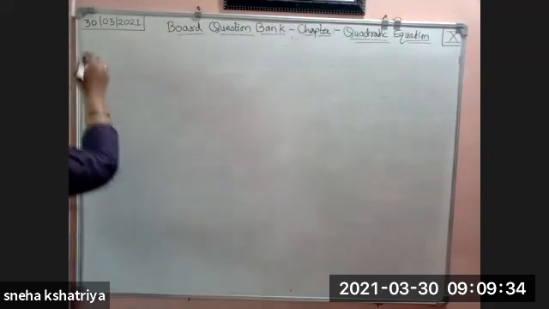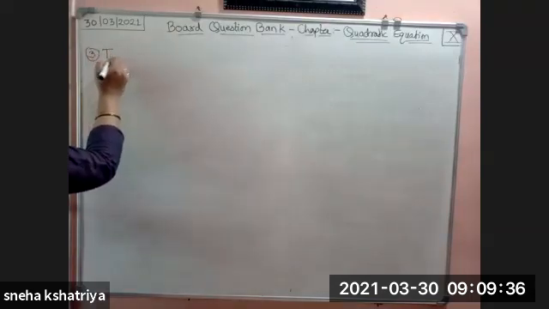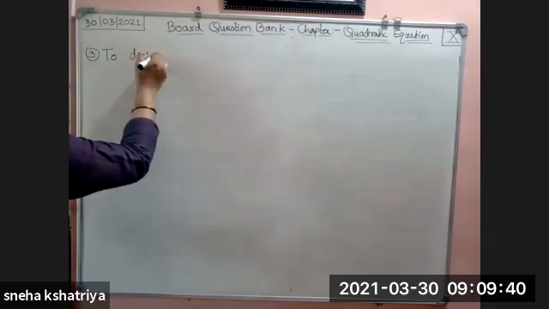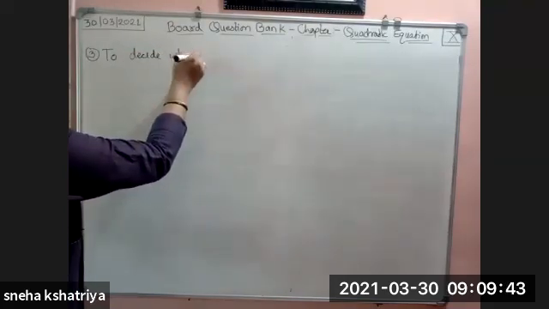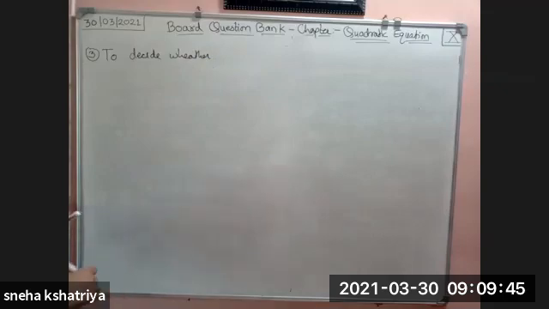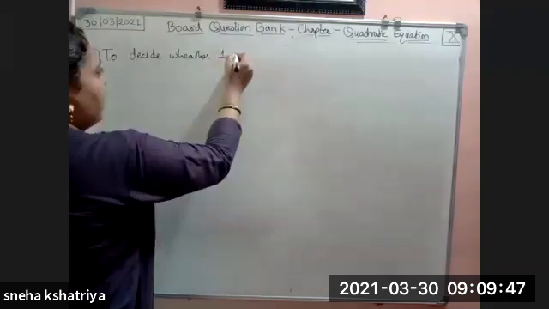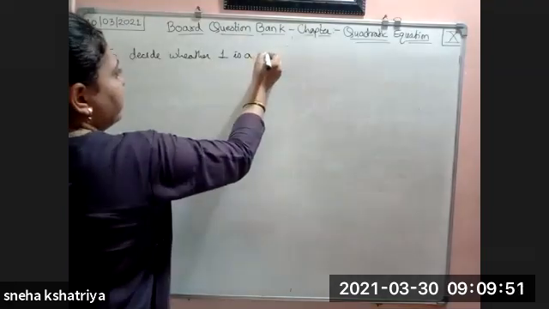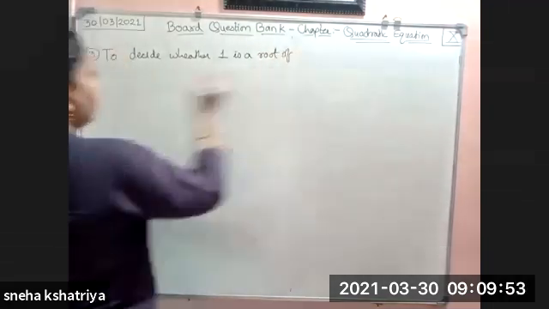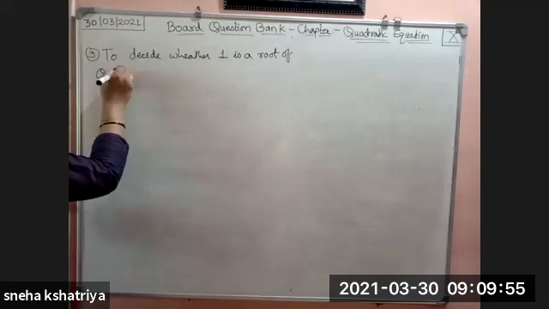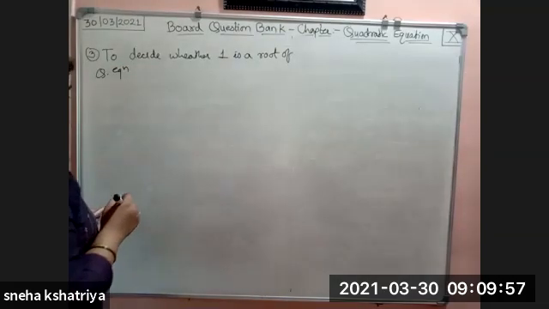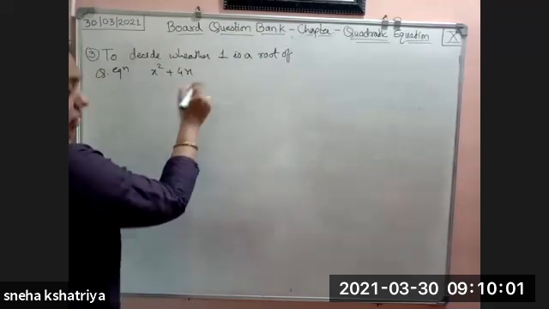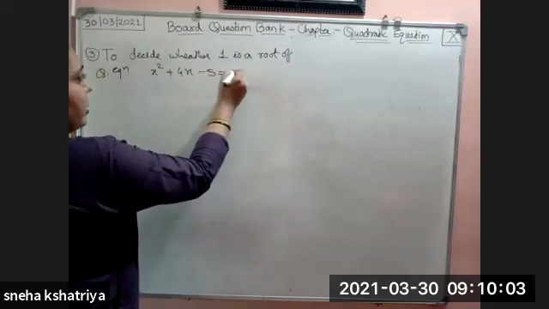The third question given to you is to decide whether 1 is a root of the quadratic equation x square plus 4x minus 5, which is equal to 0,